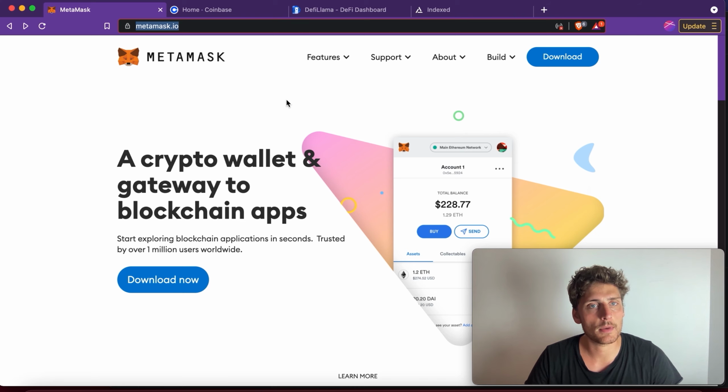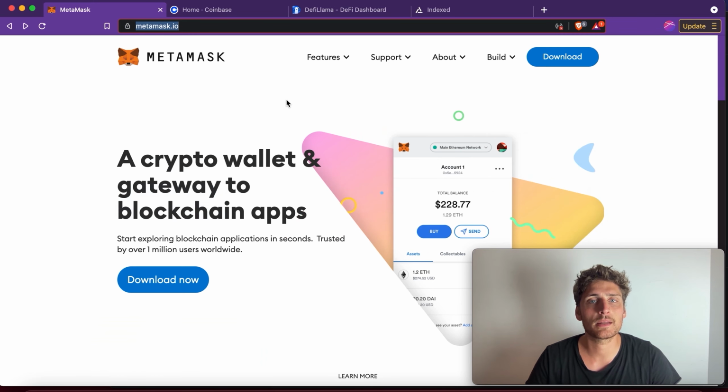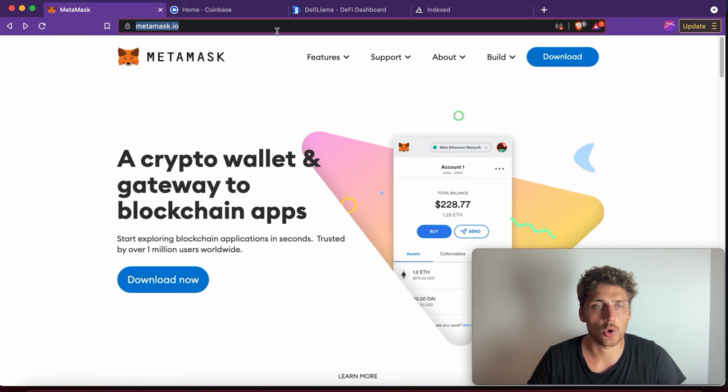It doesn't need to be Metamask, it can be Rainbow, it can be Argent. There's a dozen Ethereum wallets out there, but Metamask is the most popular, the most adopted, and the most supported by these applications. So the first step is you go to this website, metamask.io, and it's super important you are